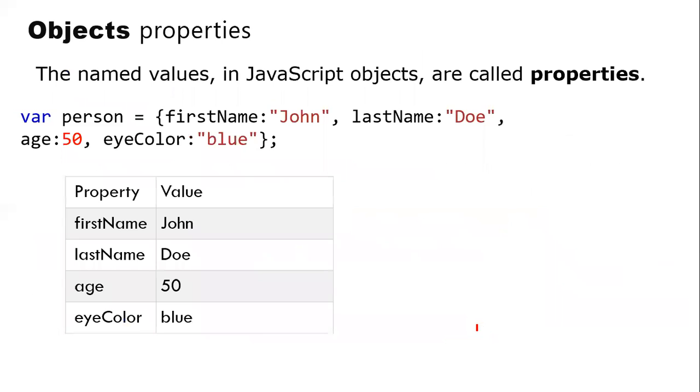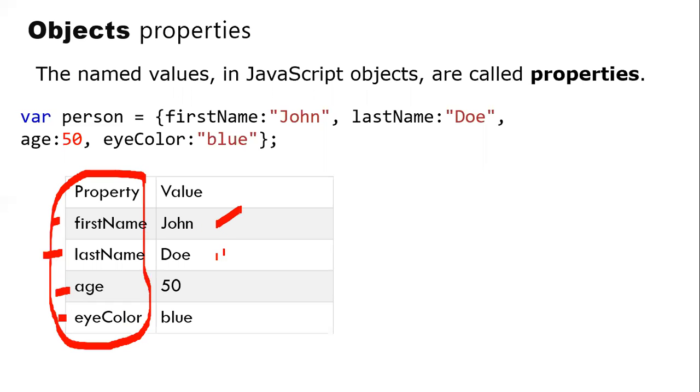Right. Now, let us say we talk about the attributes, or properties. I want to have different properties like first name, last name, age, eye color. These are the different attributes that you are going to talk about. Now these attributes have their values. So I'm going to have different values for each and every attribute. How are we going to define it?